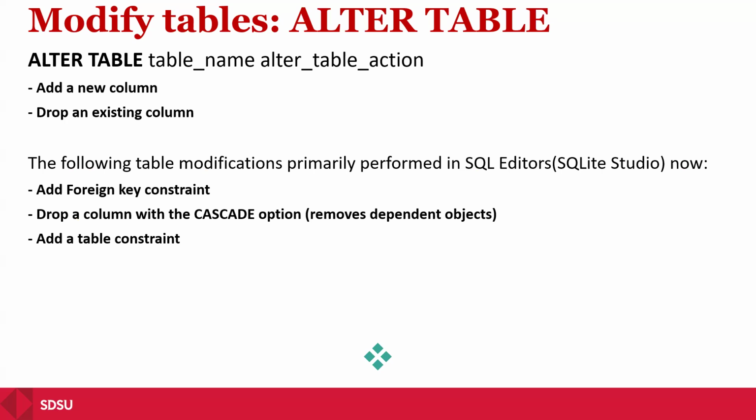So an ALTER TABLE statement looks like this. We write ALTER TABLE and give it the table name, and then we include our further action. The action can be anything we want to do. For example, we can add a foreign key, we can drop a column, we can add columns. Anything we want to do in the ALTER TABLE can be part of this second attribute. There are a couple of examples in our SQL practice for today. I'm going to show you how to do it, but again, the majority of this work you will be doing